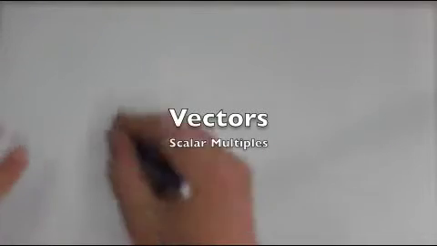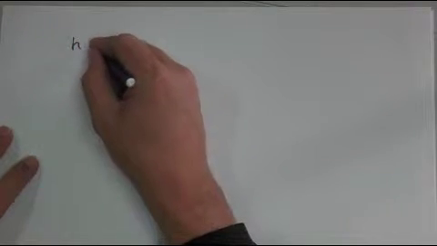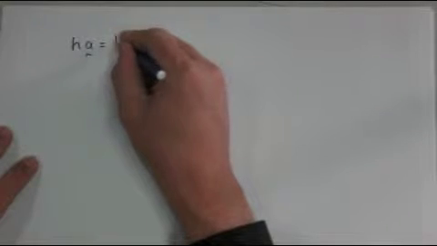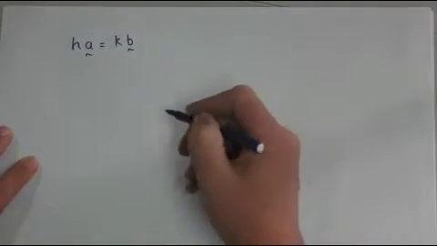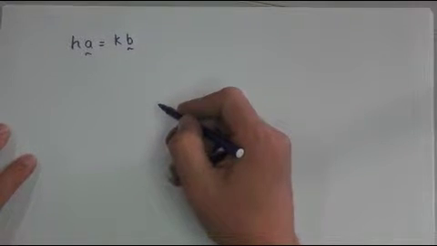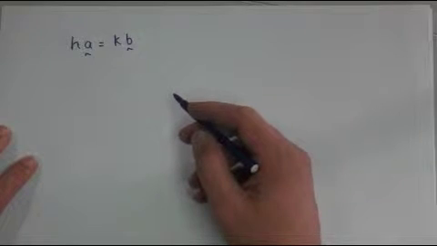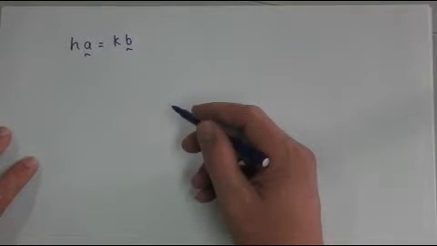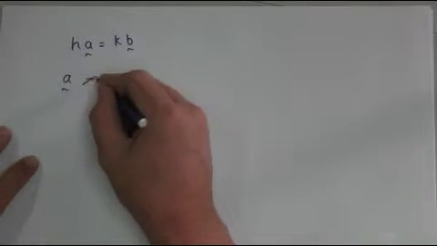Let's look at the vector statement. If I had some variable h times the vector a and made that equal to some variable k times the vector b. In fact, both these variables could be considered to be the scalar multiples of the corresponding vectors. So h is the scalar multiple of a and k is the scalar multiple of b. Now both a and b are parallel, so a is parallel to b